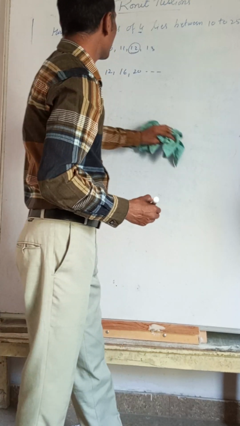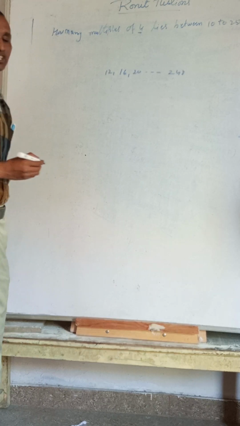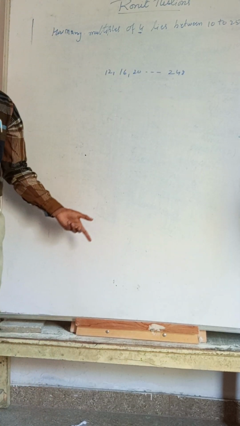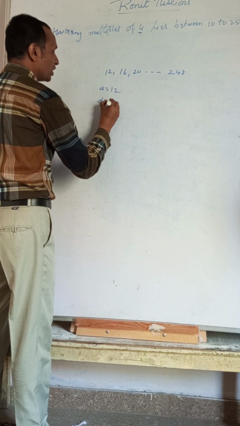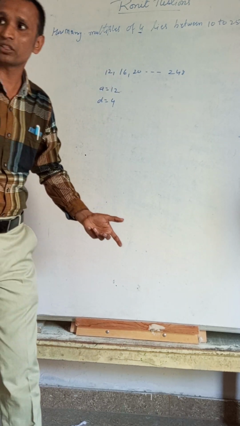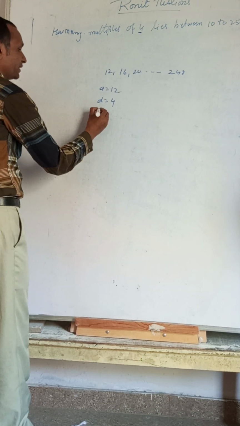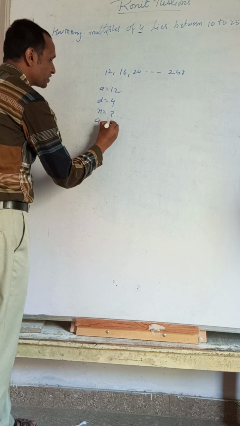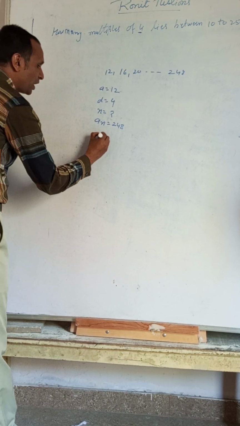So like that, what is the AP? It will end at 248. This is the first term and this is the last term, and it is asking how many numbers. We know that a is equal to 12 given. D is equal to 4, because for multiples of 4 the difference from one number to another is always 4. And n is asked in the question: how many numbers are there. An, the last term, is given as 248. So we know the formula an is equal